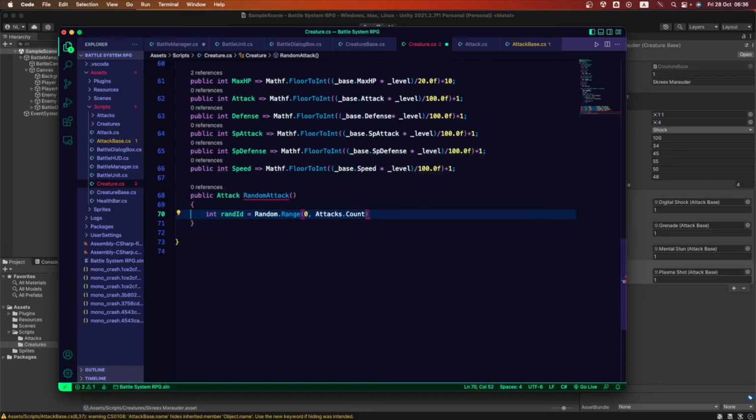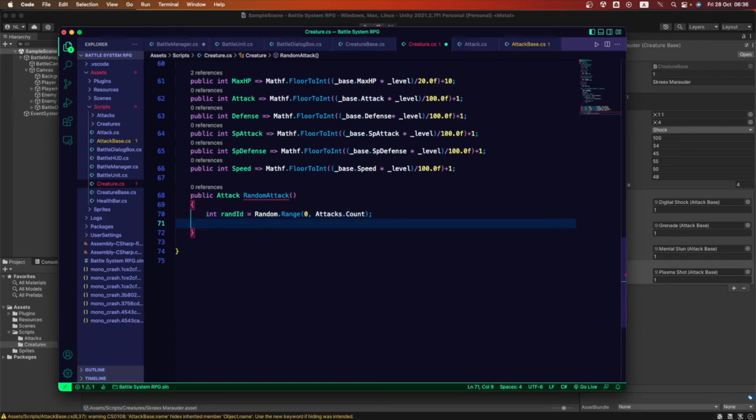If we have 2 attacks, we want a random number between 0 and 1. If we have 3 attacks, we want a random number between 0 and 2, and going up to whatever number of attacks we have. The maximum is gonna be 4, but that's gonna change depending on the level of the enemy.